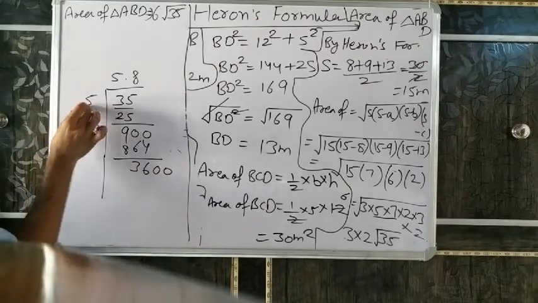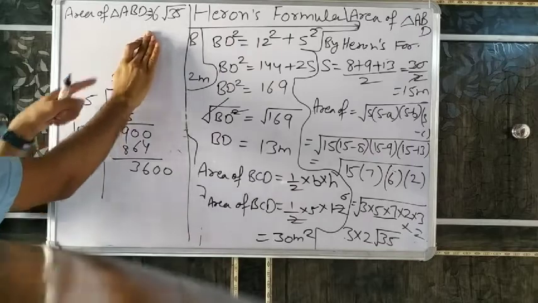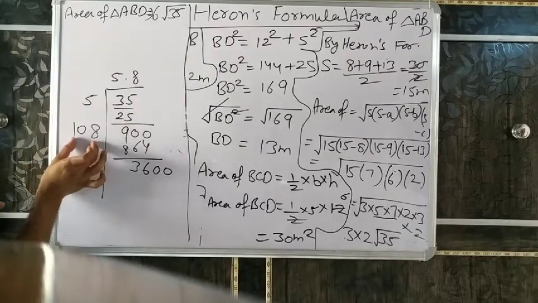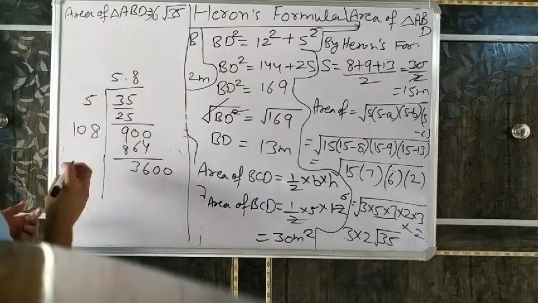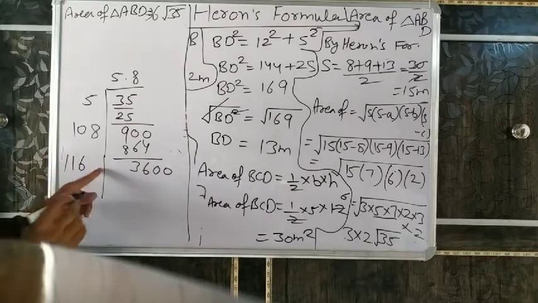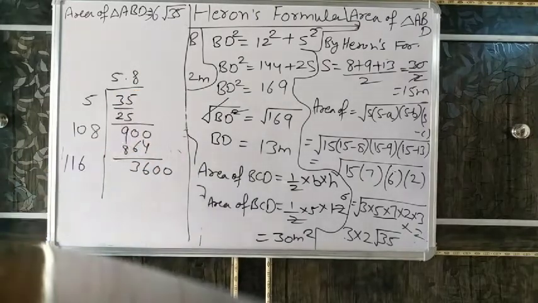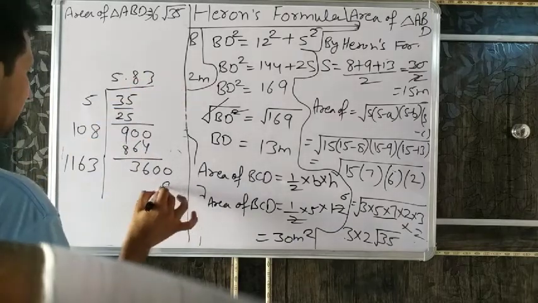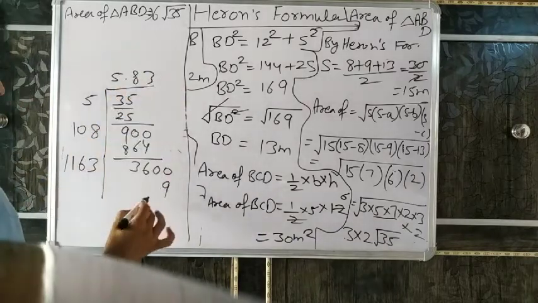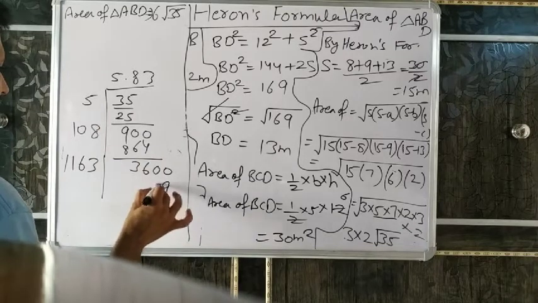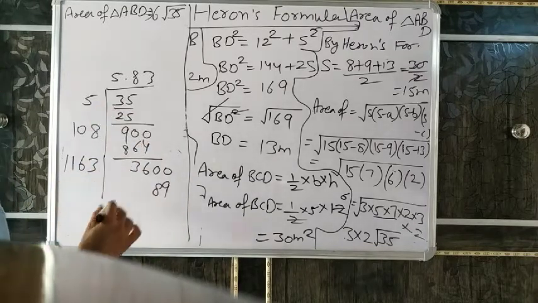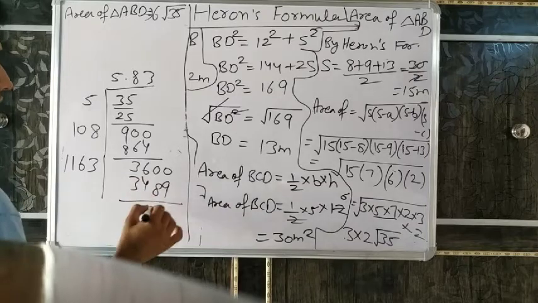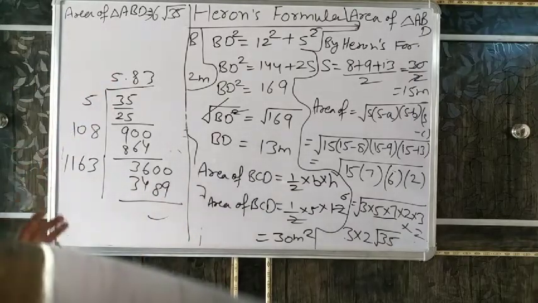Now in this number add the last digit. Here only one digit, so 5 plus 5, 10. Now 108, last digit 8, 108 plus 8 is 116. We can write here 3. 3, so 3 3 9. 6 into 3, 18. 3 into 3, 4 into 3. So it is some decimal. What is the value? 5 point something.